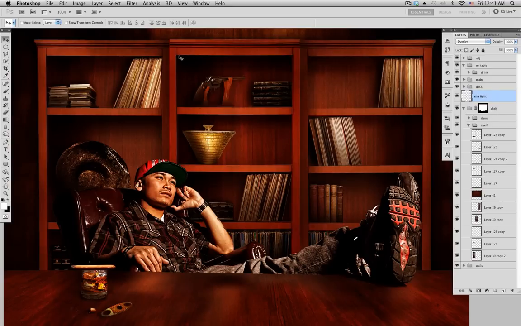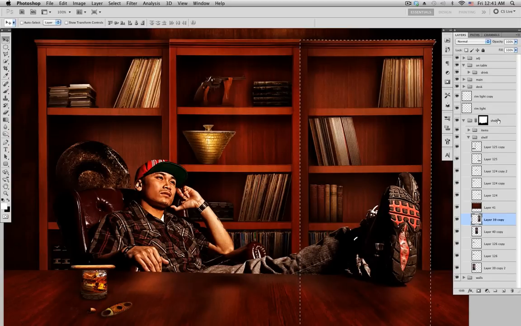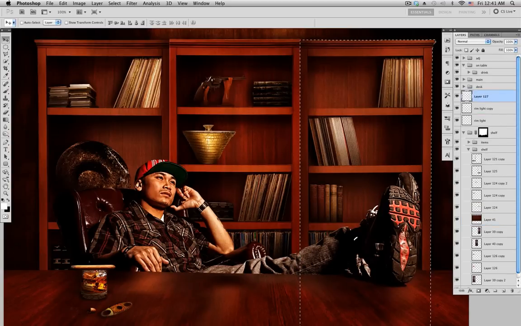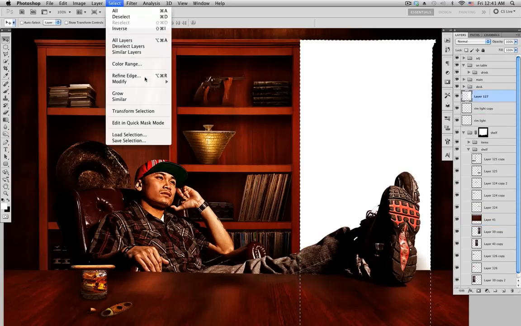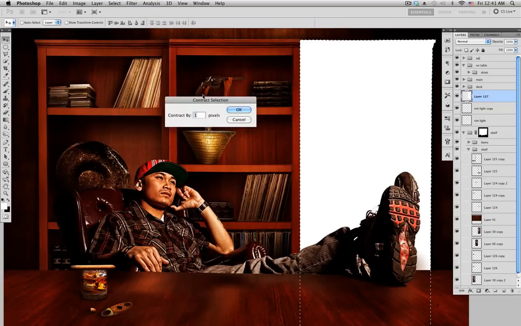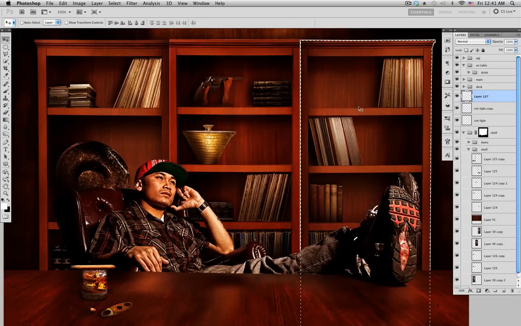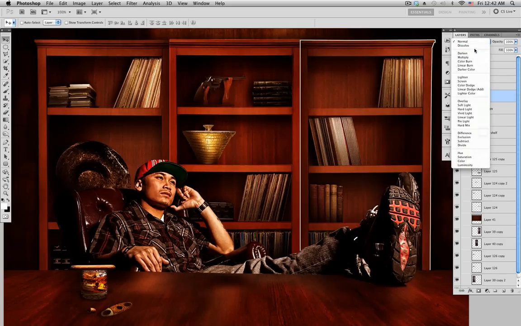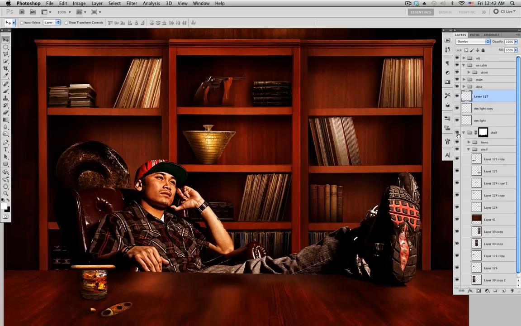So if you want to make it pop out a little bit more, just duplicate the rim light effect, add another one on top of it. So if you do it for every object, say the right shelf, go up here, new layer, Alt delete, fill it in, select, modify, contract. Let's try 2 pixels, see how that looks. And then delete it, Command D to deselect it, and then change the blending mode to overlay. Alright, that looks a little bit better. So before, after,